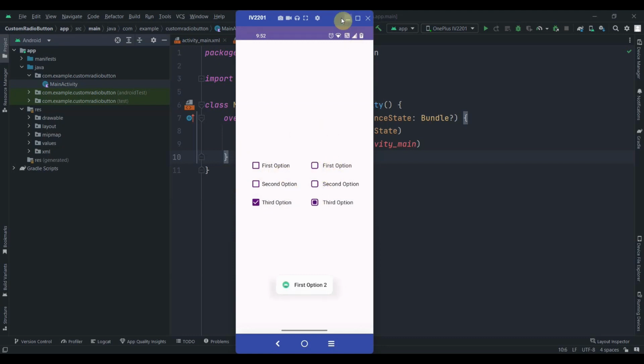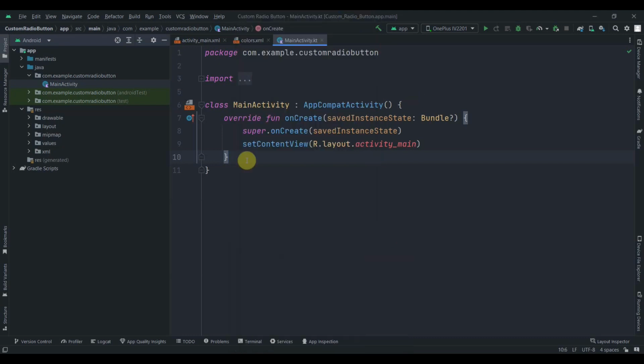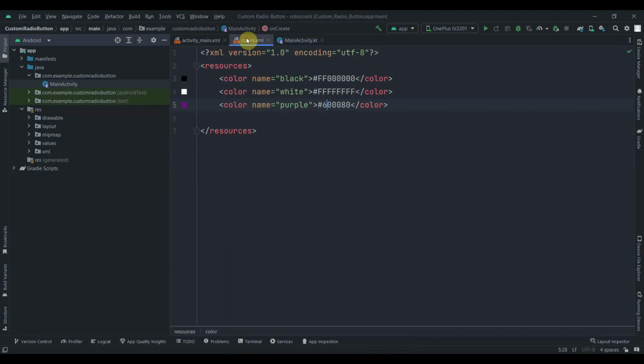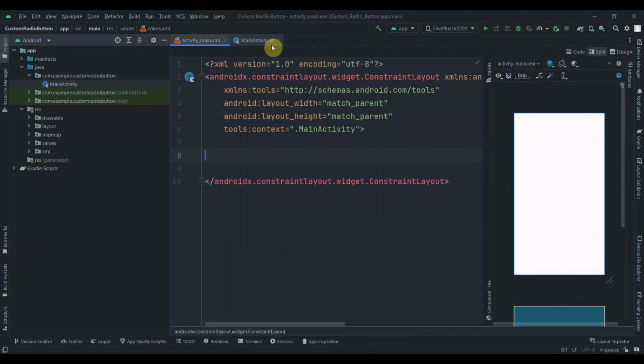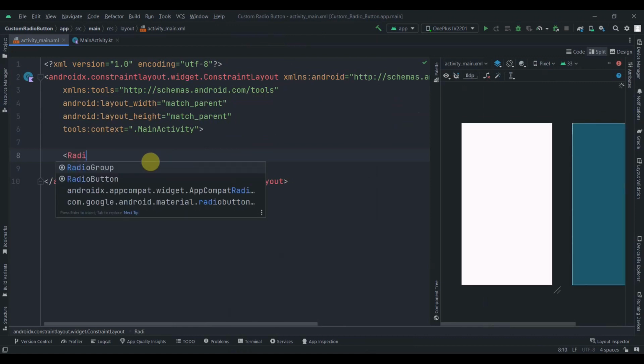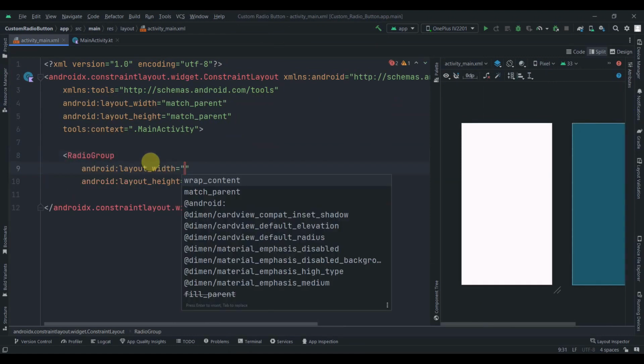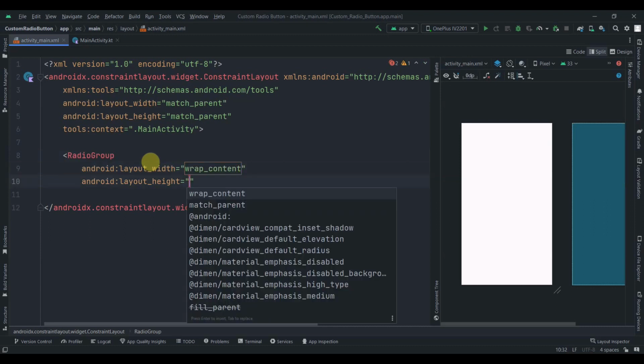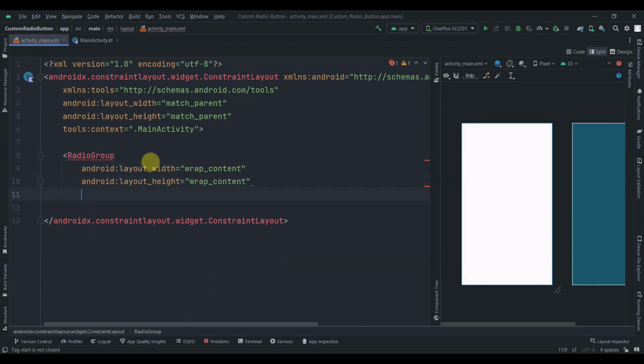Alright, so let me just minimize this and it's going to be simple. I have added one color here, this color which is purple, and you can use your own color or you can just copy the hex code. In the activity main we don't have anything for now, so I'll add a radio group, with width as wrap content, height as wrap content, and orientation as vertical,